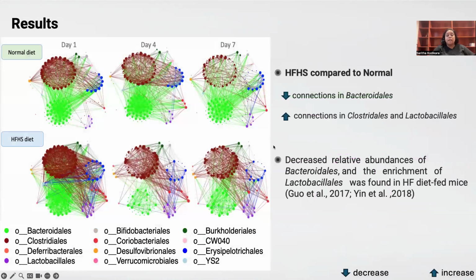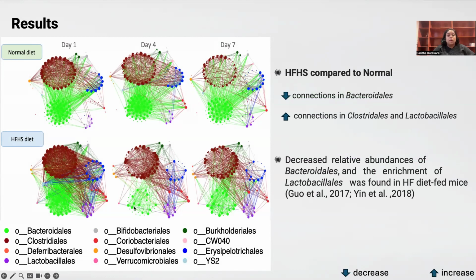So when I say LUPINE, it's the longitudinal approach. What we see is a lot of connections happening across both diets. But what we observe is that connections in Bacteroidales are decreased in the high fat, high sugar diet. These are represented in green. You can see there are a high number of green connections, or the green dots are much bigger, with more nodes connecting to other nodes in the normal diet